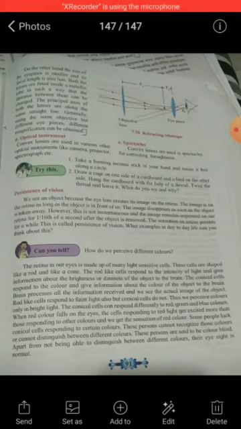But before that, they have given us two activities. Take a burning incense stick in your hand and rotate it fast along a circle. You feel that a complete circle is seen due to the continuous rotation of the burning stick. Next, draw a cage on one side of a cardboard and a bird on the other side. Hang the cardboard with the help of a thread. Twist the thread and leave it. What do you see and why?